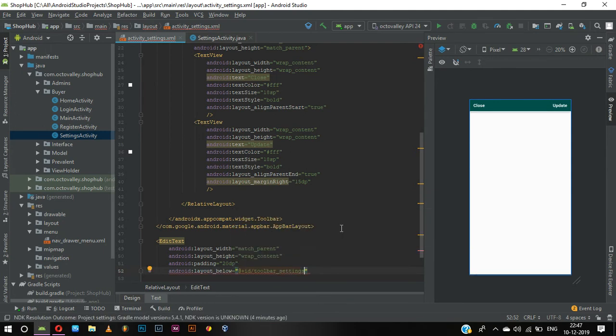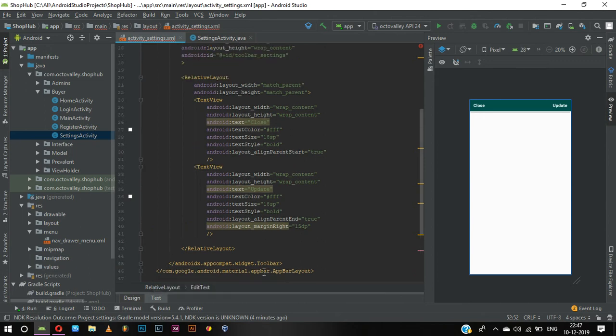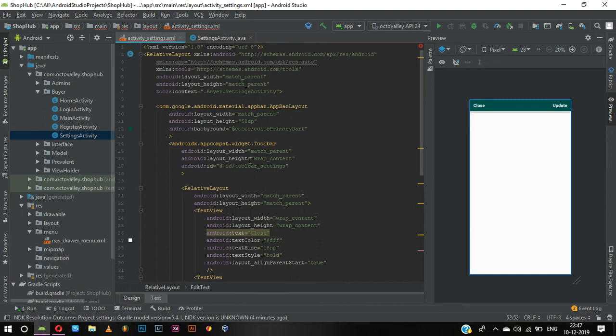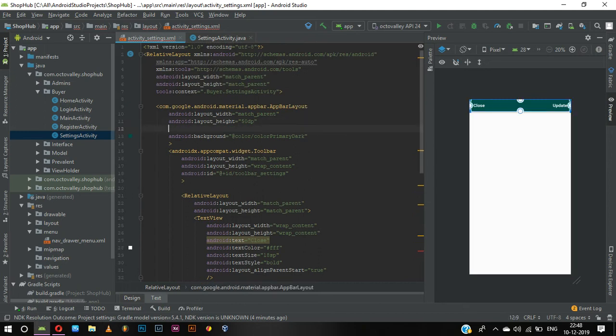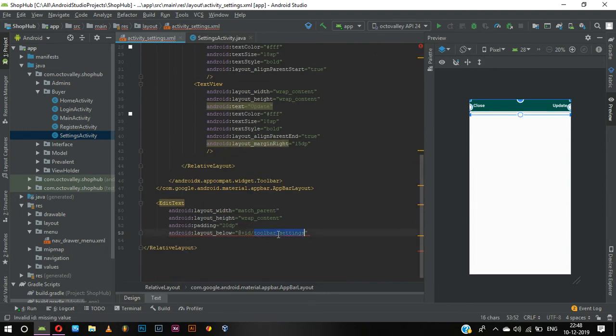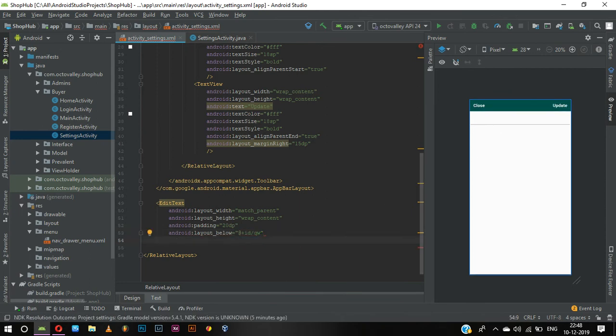It is showing some error, not disabling the same relative layout. Some id, we can just give some id qw, you can give anything you want. Now it is showing right, and it is below this, and